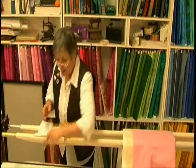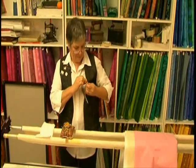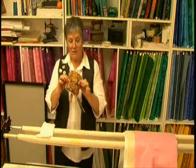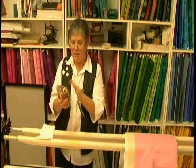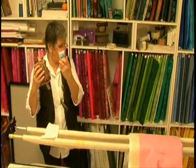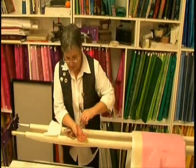First I will put my scissors on. My pins, I like to use a pin cushion, and I've got a tin in the bottom there so that the pins don't go through and stick into me. So we supply the pins to you, and they're the pins I'll be using. So I just put my pin cushion on,